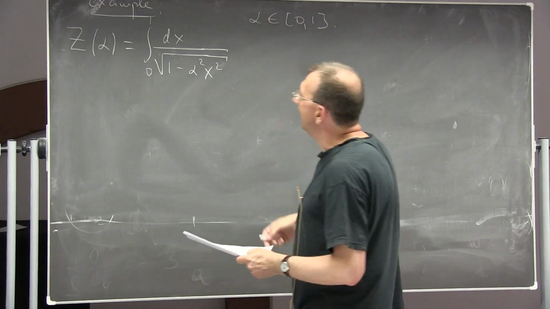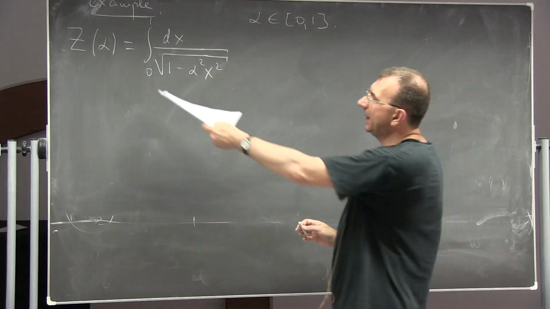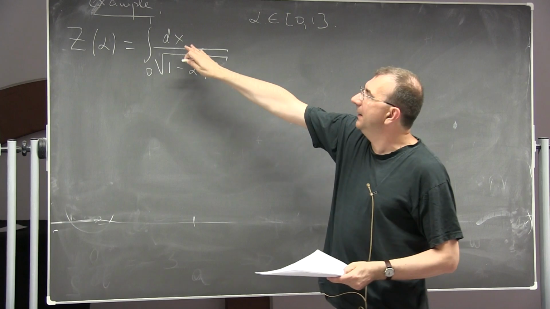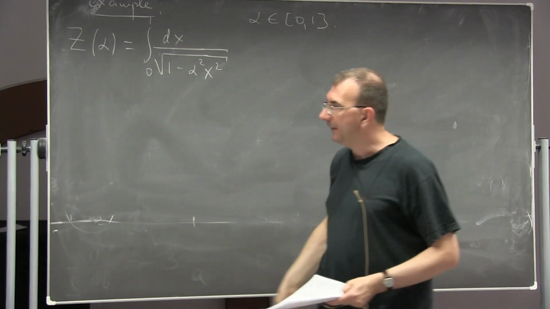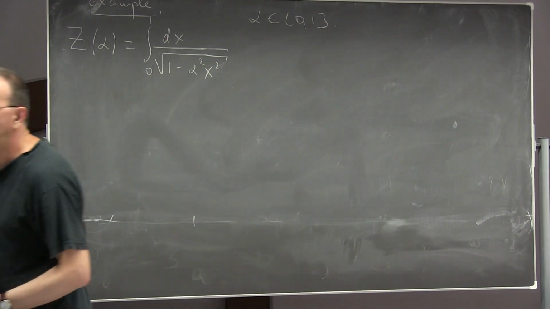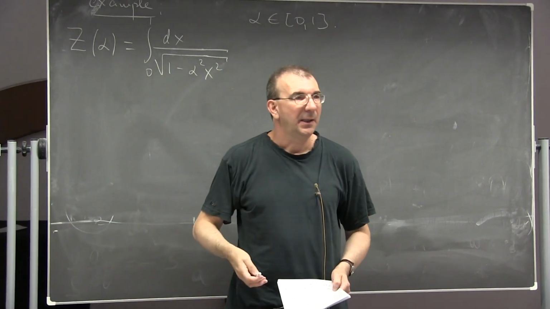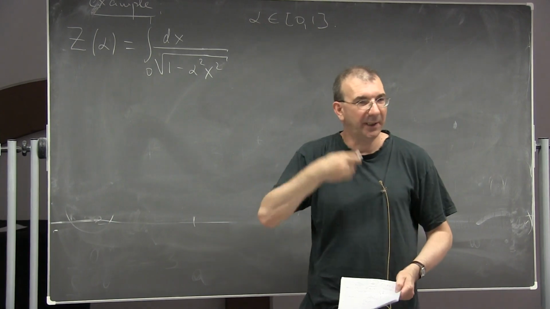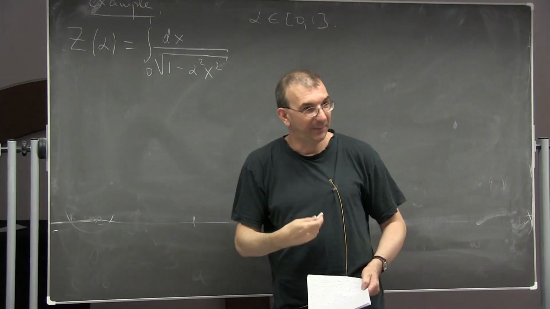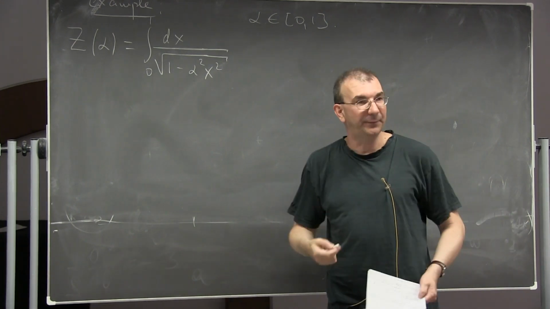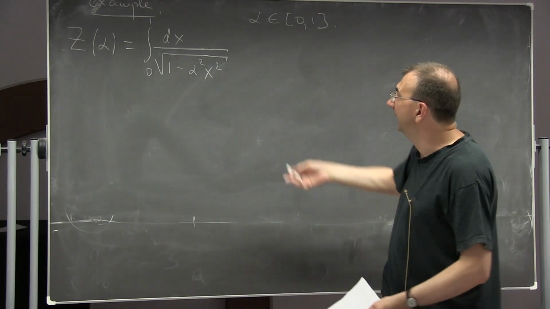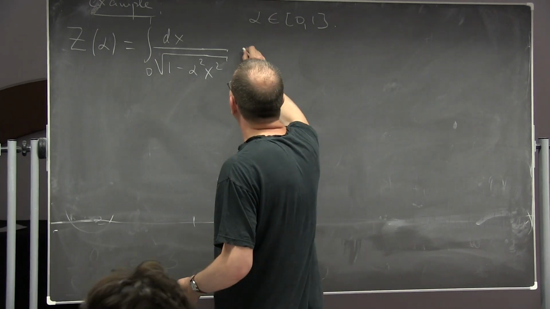So what can you do with this? You have a dependence on a parameter, and then you integrate over x. But x is a dummy variable, just like here you integrate over phi. Phi is a dummy variable. You can choose a convenient variable. You can make a change of variables in your integral so that your variable becomes convenient, and you reduce the integral to something you already know. This is a standard thing you typically do with integrals.